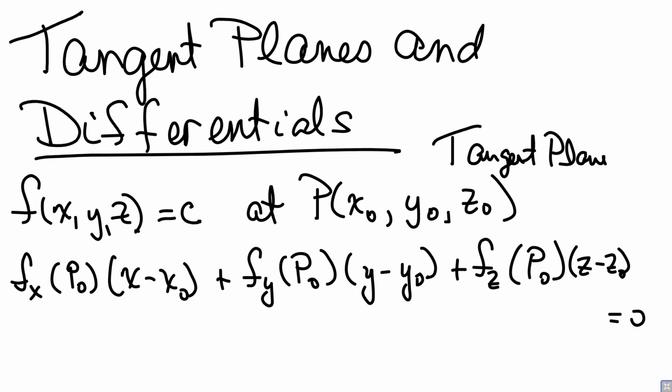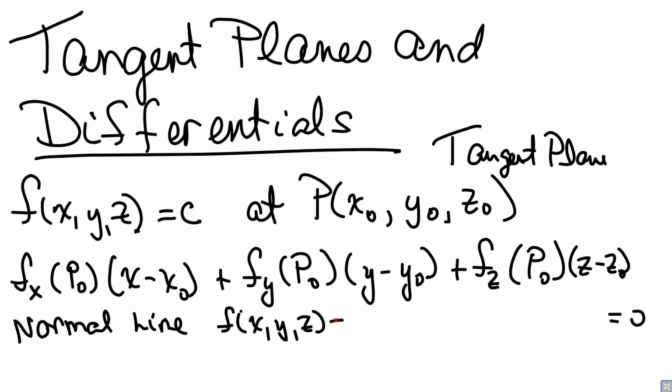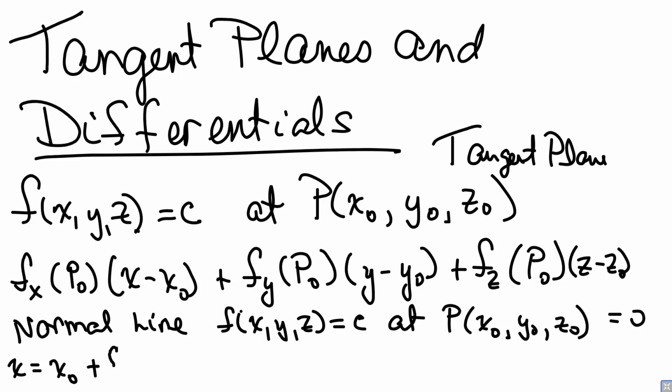All right. Now, if we want to do what we refer to as a normal line, for the function f of x, y, z equal to c at the point x sub 0, comma, y sub 0, comma, z sub 0, it's going to look like this. When we write the equation for the normal line, we're going to write it in parametric form. So we're going to have that x is equal to x sub 0 plus